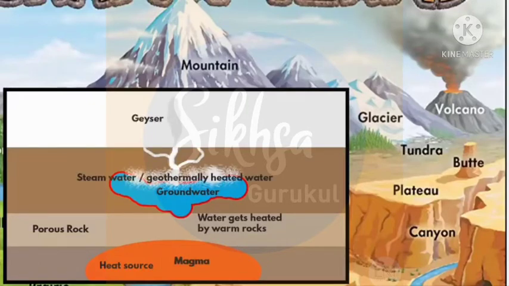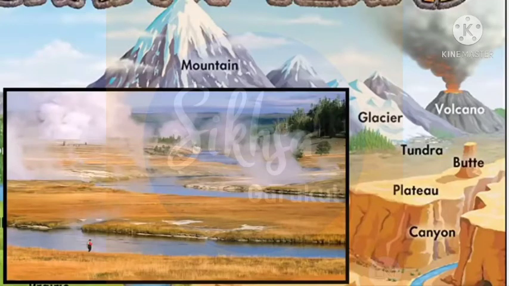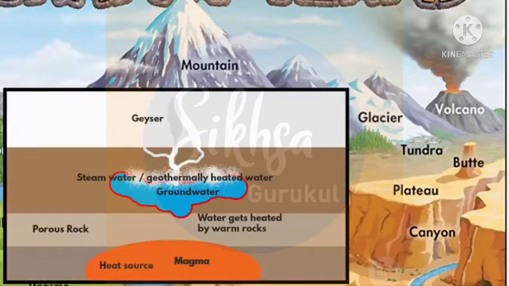And this warm water comes out of the surface through porous and fractured rocks. You will find many geysers around the world located near rivers, because that is where the groundwater is adequate. If you want to trace the source of these geysers, you will have to go deep into the Earth's crust,